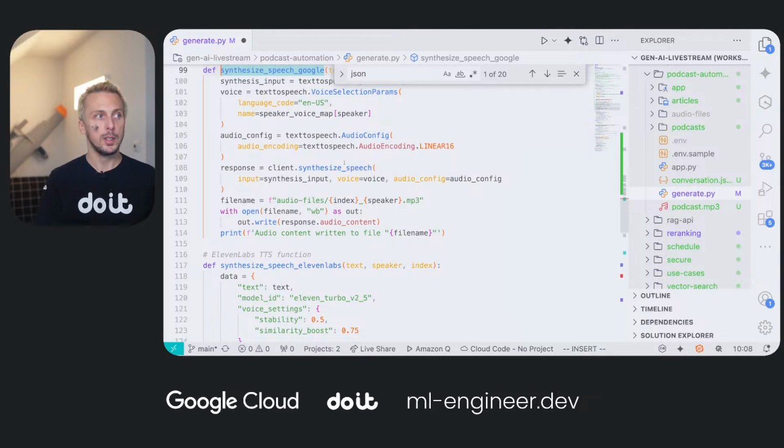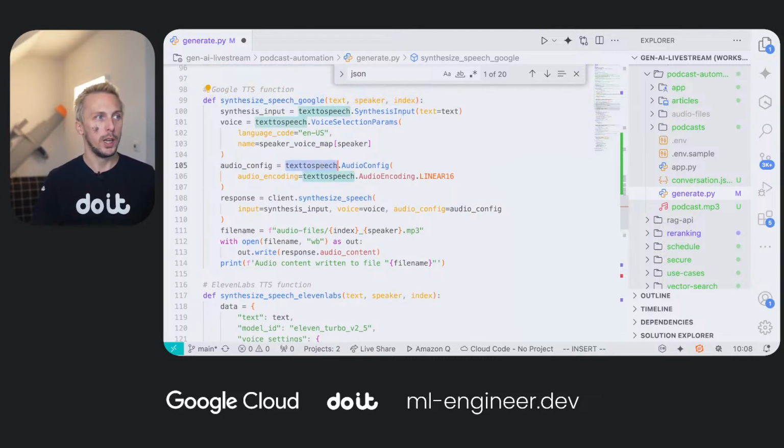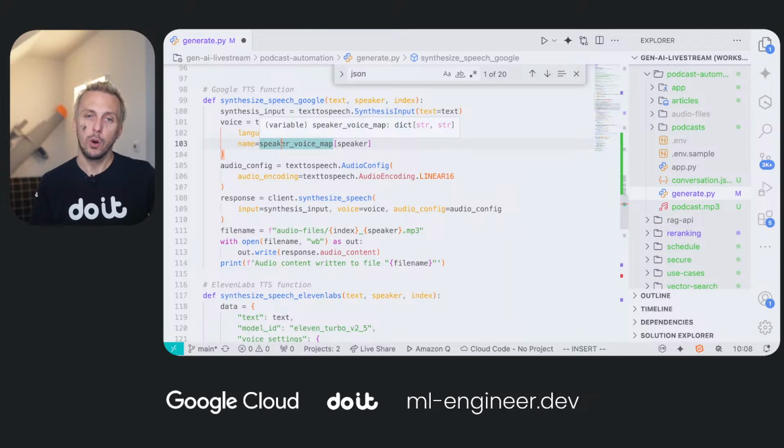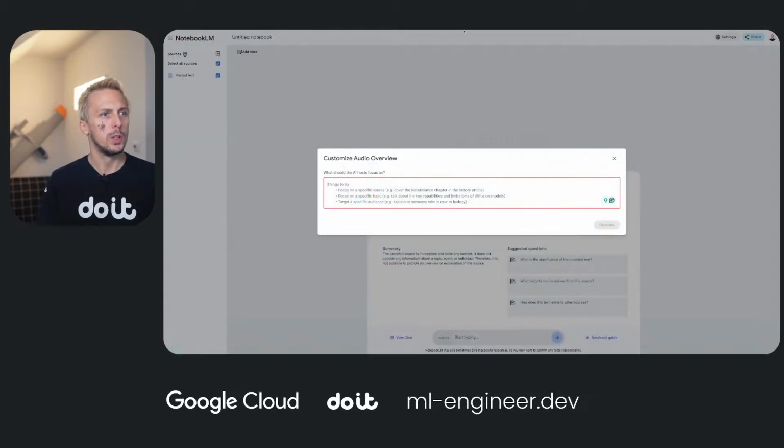And here you can see we use the text-to-speech client. We have our text as input. I define the voice mapping, so what kind of voice we actually want to use. And the cool thing is that the voice which is used by NotebookLM is a voice you can also use yourself. And if we are going back to